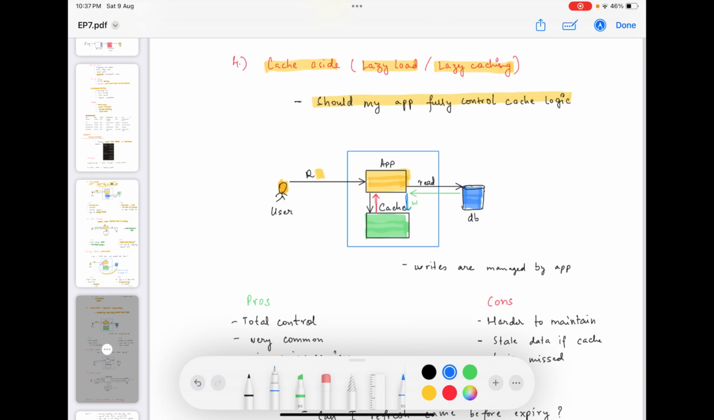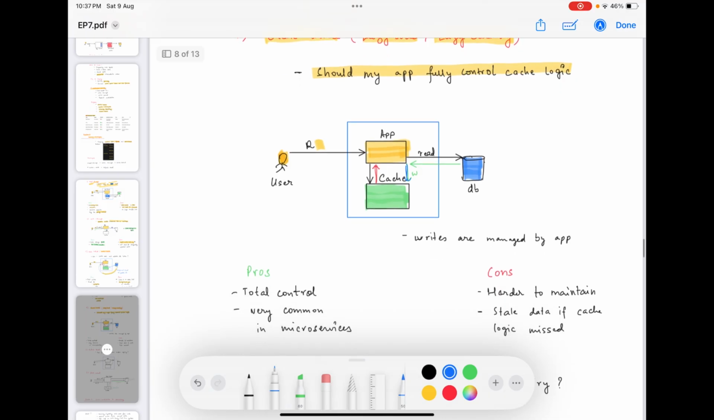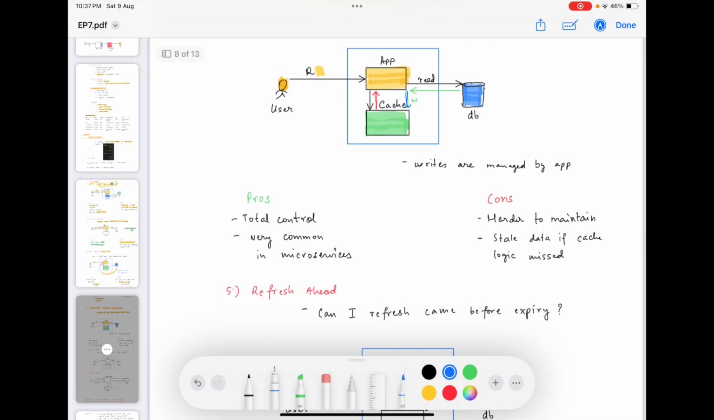So basically the entire cache control logic is controlled and managed by our application, and the writes are also managed by our application. So the total control is in our hand. Okay, so this total control is what becomes the advantage of this approach. And this approach is very commonly used in microservices architecture, because we have full control of what we are reading and what we are writing to and from the cache. Okay, and because we have total control, and because we implement it from scratch, it is a little harder to maintain it. And if the read write logic is messed up, it can result in stale